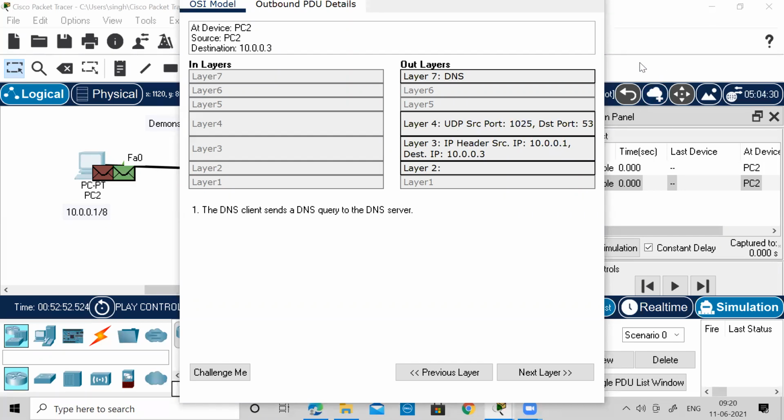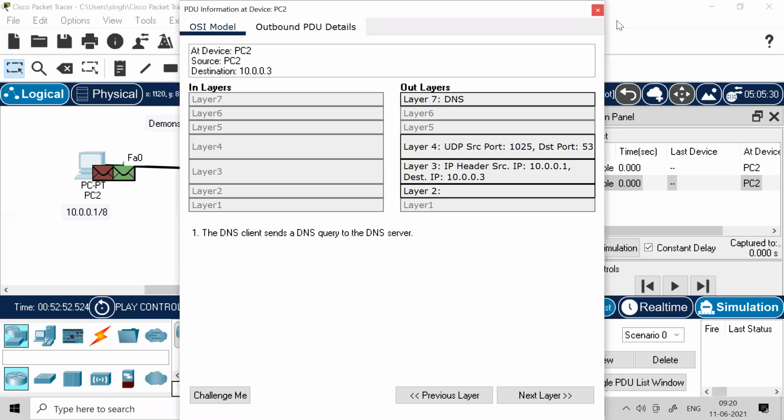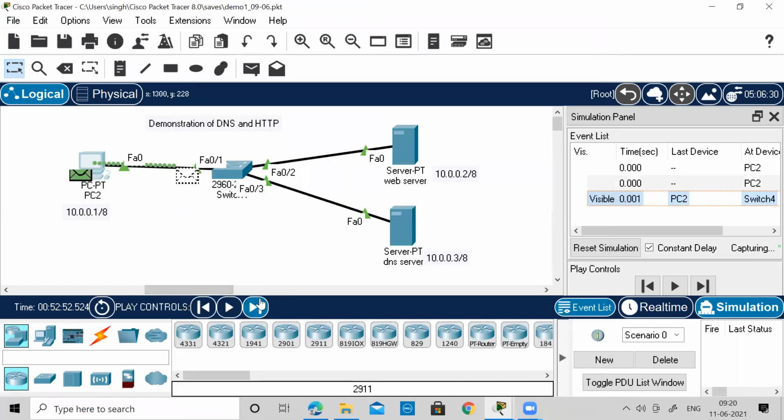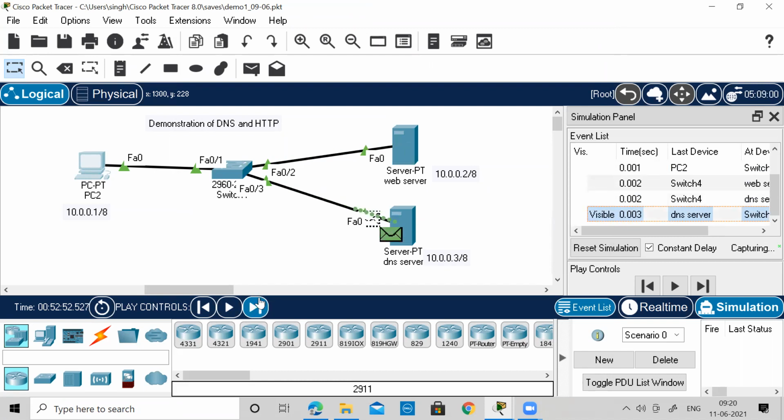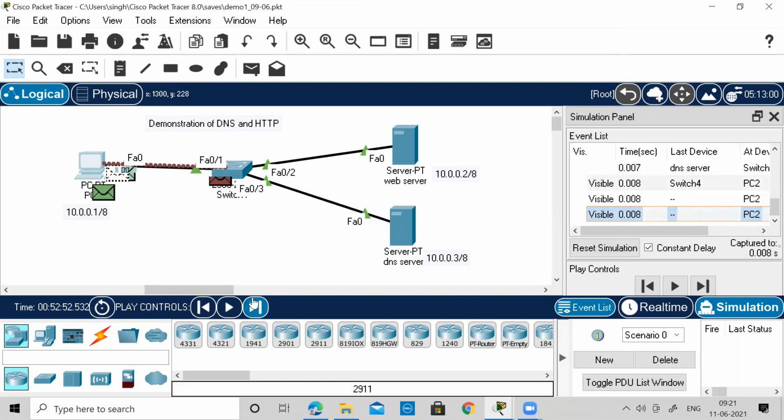Okay, I'll just play it and then I will show you for HTTP. When you see the HTTP, initially the ARP protocol goes up, the green color packet that we will discuss later, don't worry. The DNS server got the packet, and then we see that the TCP handshake process went up first.